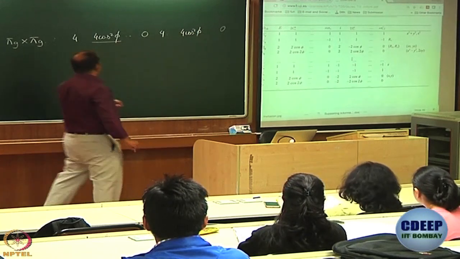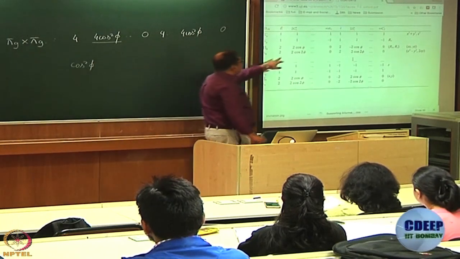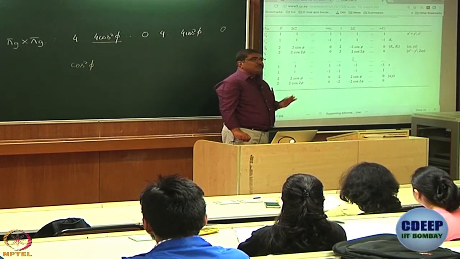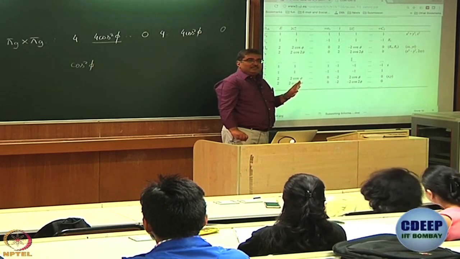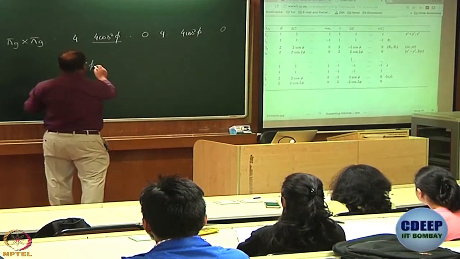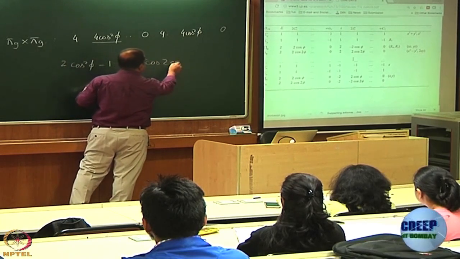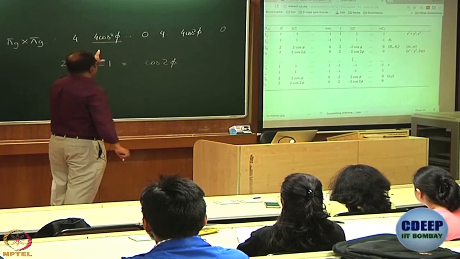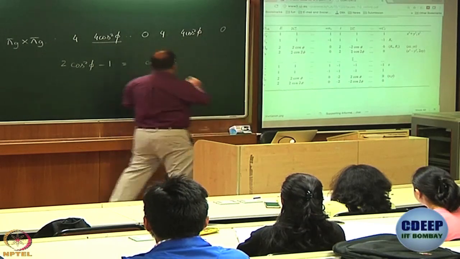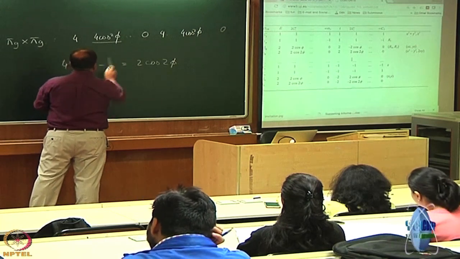Now, how do I write cos square phi? I think we all know that. Because my hope is, here I have cos phi, here I have cos 2 phi. So, if I can somehow, and I have a square, everybody knows cos square phi is related to cos of 2 phi. So, from there I get a hint that maybe delta g is involved. So, let us see if I can write that: 2 cos square phi minus 1 is equal to cos of 2 phi, is it not? So, what do I have here? I do not have cos of 2 phi, I have cos 2 phi multiplied by 2. How do I get that? Multiplied by 2, this becomes 4 and this becomes 2.